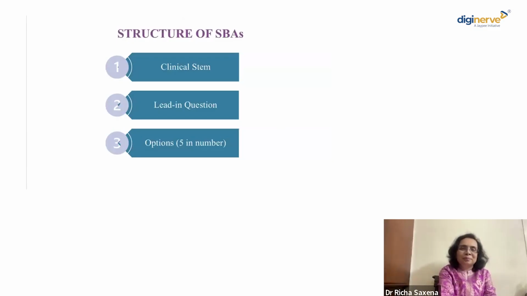So, when you're given the 5 options, there might be some places where 2 or 3 options are very close. But out of those, you have to choose the best one. So you might feel that option A can also be the answer, option B can also be the answer, and because they're asking for the best, make sure that you look at all the options and then you decide which one is the best.